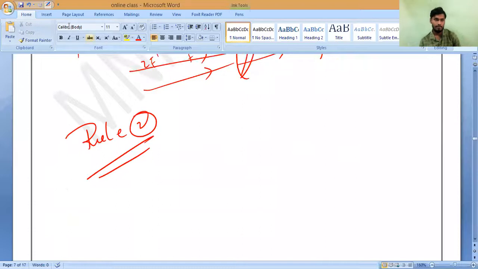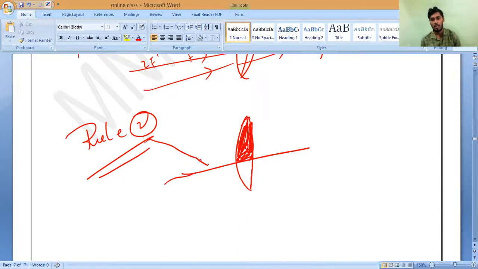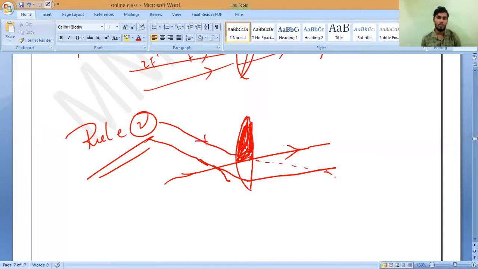Correct or not? Now, when do we have to use rule number 2? Suppose they ask you a question in the exam: the upper part of the lens is covered with a black paper. Then you should go with rule number 2. Then in that situation, one light ray will go through the center. Because it never comes outside, I am taking virtual dotted lines. And in this case, you can go like this situation. Will you be able to understand?